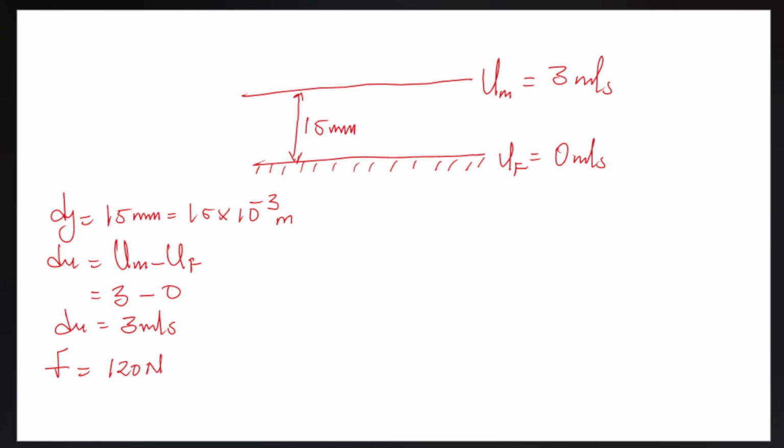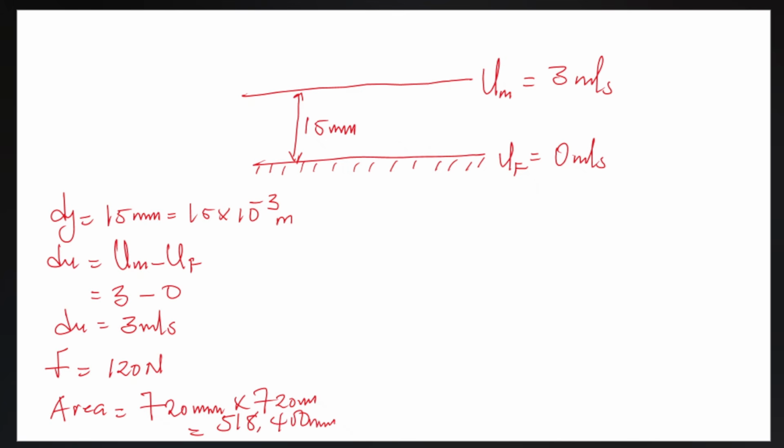So the area is simply 720 millimeter times 720 millimeter, and that will give us